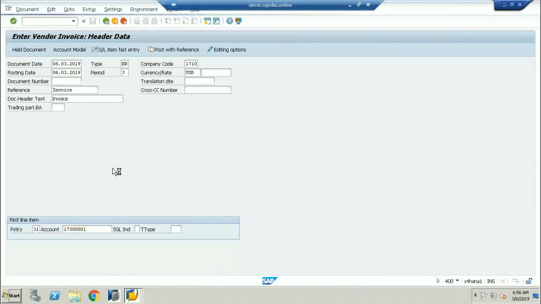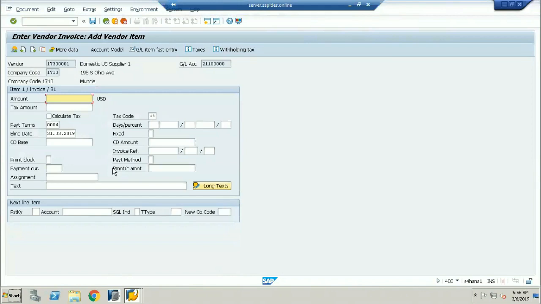Let's see whether the period is open or not, because we are posting in the third period. Now I'm debiting about $1,000 USD.